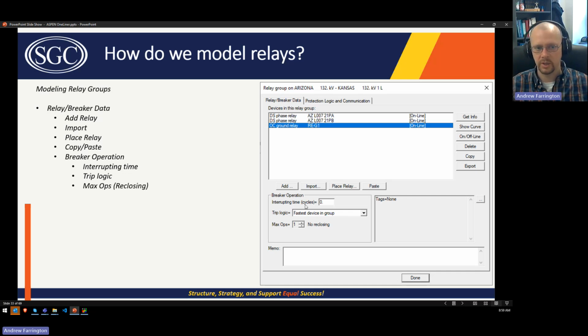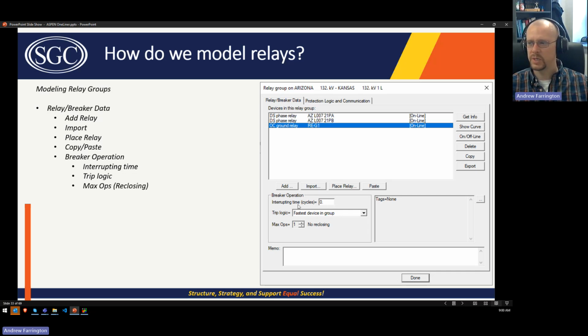If you're trying to calculate the overall operate time, you have to add the two together. When you just model the relay, the time that Aspen One-Liner tells you it will take for the relay to operate is just the relay response time. But you can add in the breaker operation time, and now you can get that time adder, so you can get a more accurate